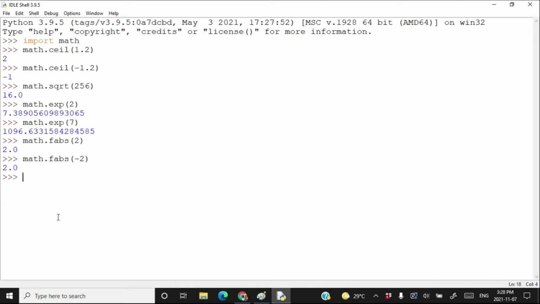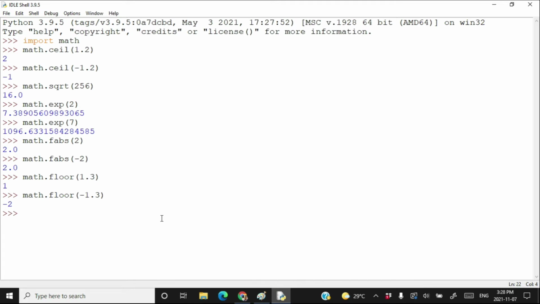The next we have is floor, math.floor. Floor means a whole number just less than whatever fractional number you are writing here. So the whole number just less than 1.3 is 1. Therefore, it returns 1. If I write here math.floor and this time I write minus 1.3, a whole number which is just less than minus 1.3 is minus 2, and it returns minus 2.